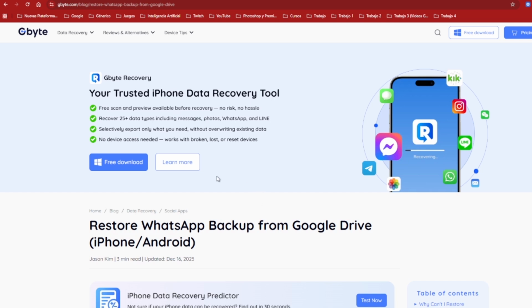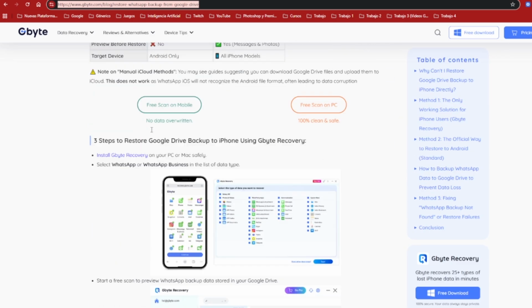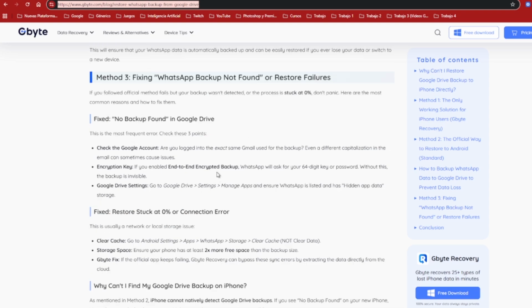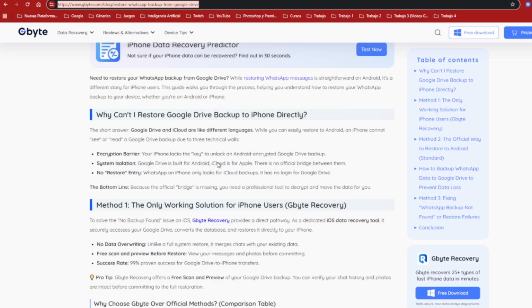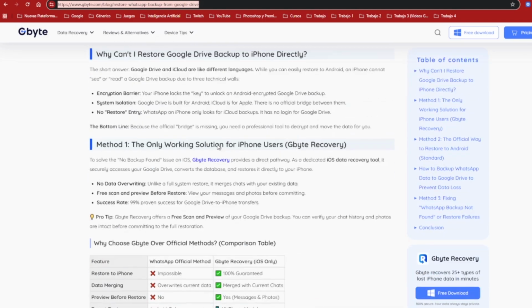The first and most important step is to go to the search, type this in Google, or transcribe this page in Google. Next you have one, two, three methods for this problem. The first method